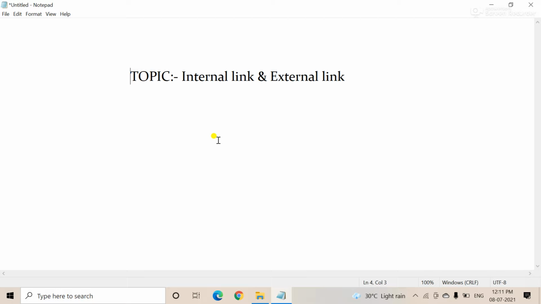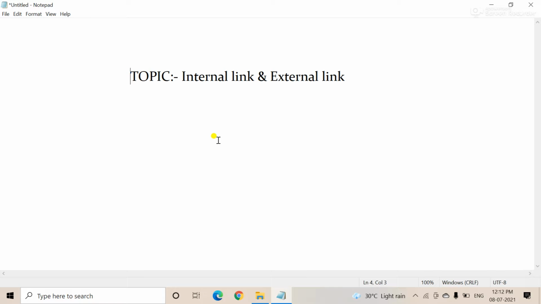On the other side, an external link means a link that connects to a point on a different web page, which may be on the same or a different website. Again I am repeating, what is an external link? A link that connects to a point on a different web page. Suppose you are on one page and you click on download the previous question papers, download the sample question paper.